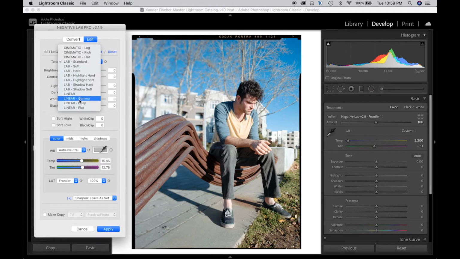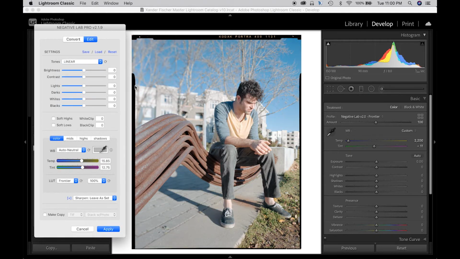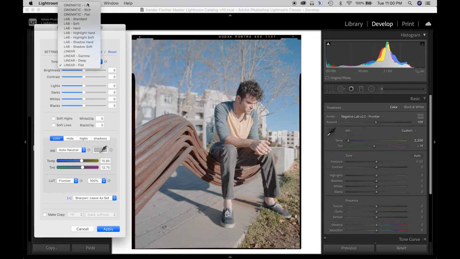The other options are these linear options, so it's got a very flat look to it. If I'm going that route, I usually go linear flat. If you're looking to use curves and really tailor your image in Photoshop, this is the option I would use. Or these ones, if you're into color grading in video, like DaVinci or something like that, these